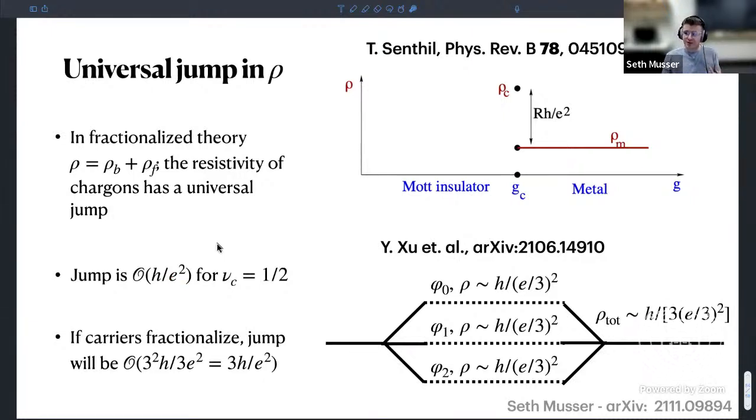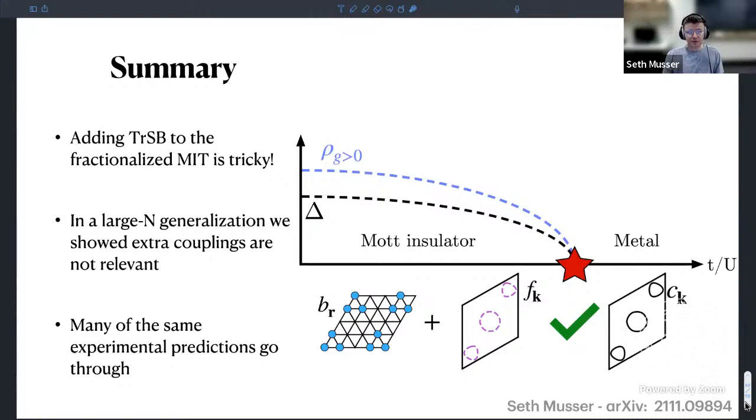But if you fractionalize your carriers, if you condense all your vortex flavors and you have these e/3 particles, then their resistivities will add in parallel because any of them can carry the current. And so your total resistivity will be enhanced by a factor of 3 due to this fractionalization. So, summary: